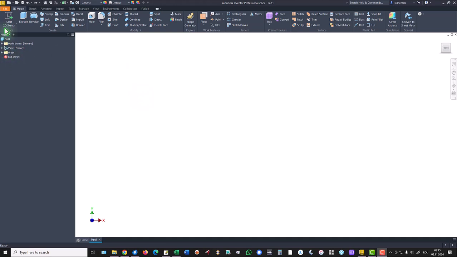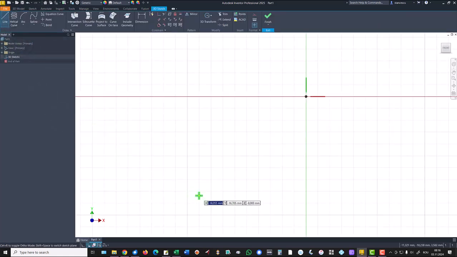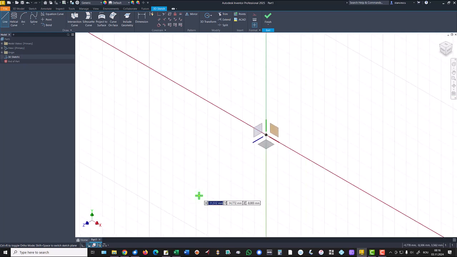Let's start a 3D sketch. 3D sketch, and we use line. I apply F6 to see better the triad. We start from this point, and now I don't know where is placed this line. To be sure, or to